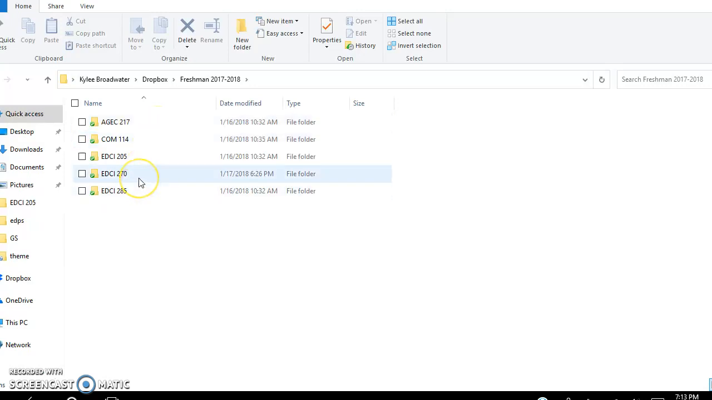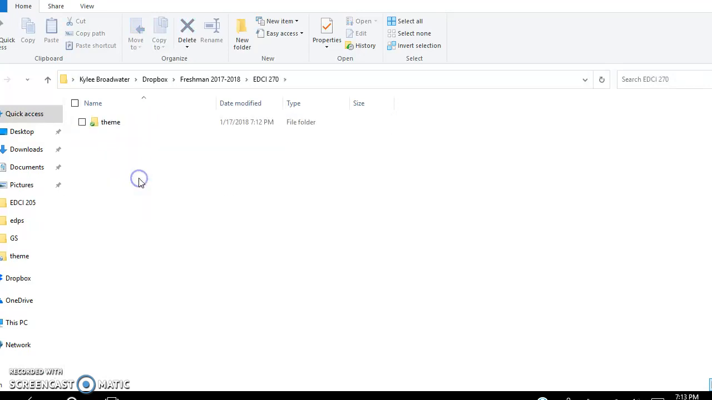So I'm going to go to my EDCI 270 folder and click on that. And as of right now, I only have one folder inside of it, and that's for my theme. I'm going to go ahead and click on that. And inside of that, I have a Basics Tool Badge folder where I'm keeping all my stuff from the Tools Badge